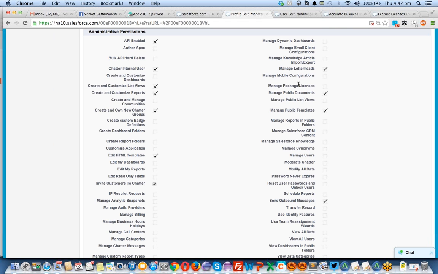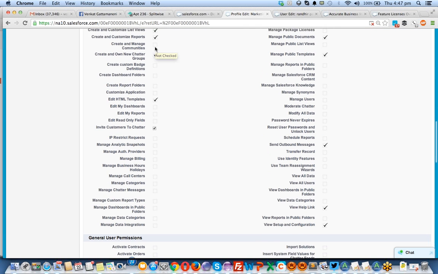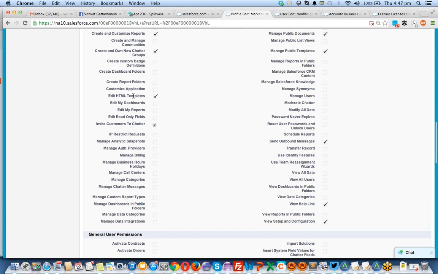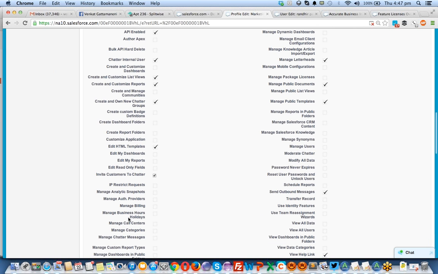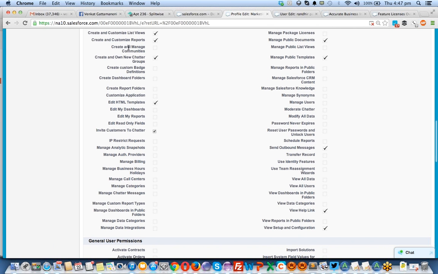But if you want to judge the permissions of all other people also, that's called administrative permissions. So if you want to access the API, enable access to the APIs, that's a general administrative permission. If you want to do some coding, it's administrative permissions. So you can easily understand. I think from this, there's no need to explain. It clearly mentions